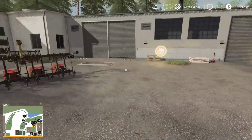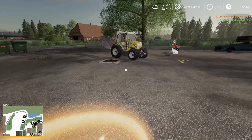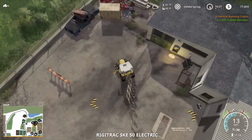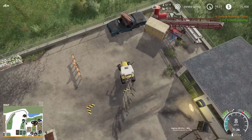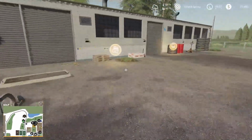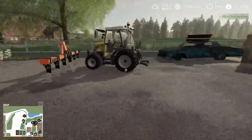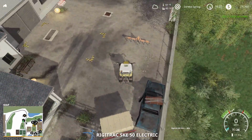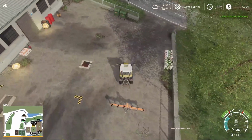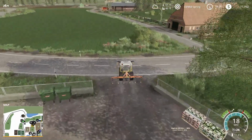Dump that off there. Doesn't matter, flips over. And we'll sell that. Give us a couple grand in the bank. And part of this, too, is just cleaning out stuff that we don't need. Selected there. This out of the way. Sell that. 255. Little cheap plow that we're not going to use anymore. And we will grab this guy. And haul this back to...